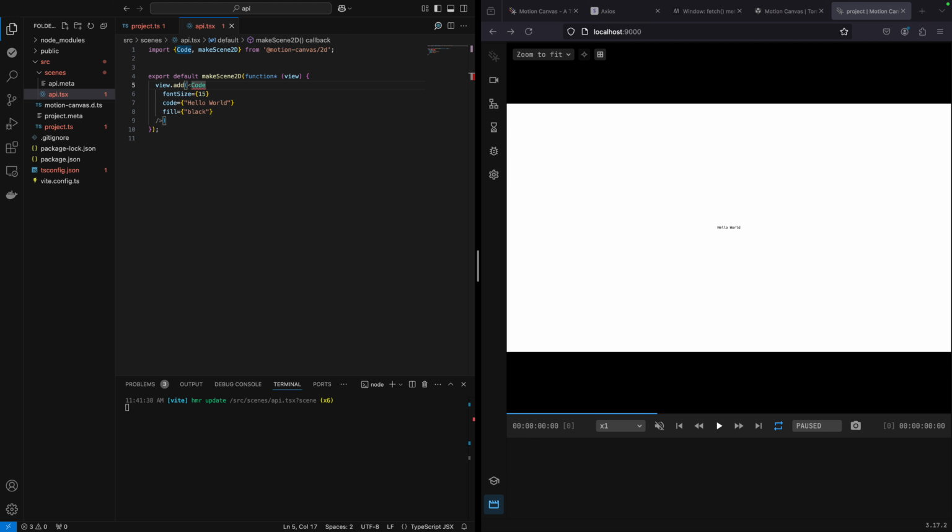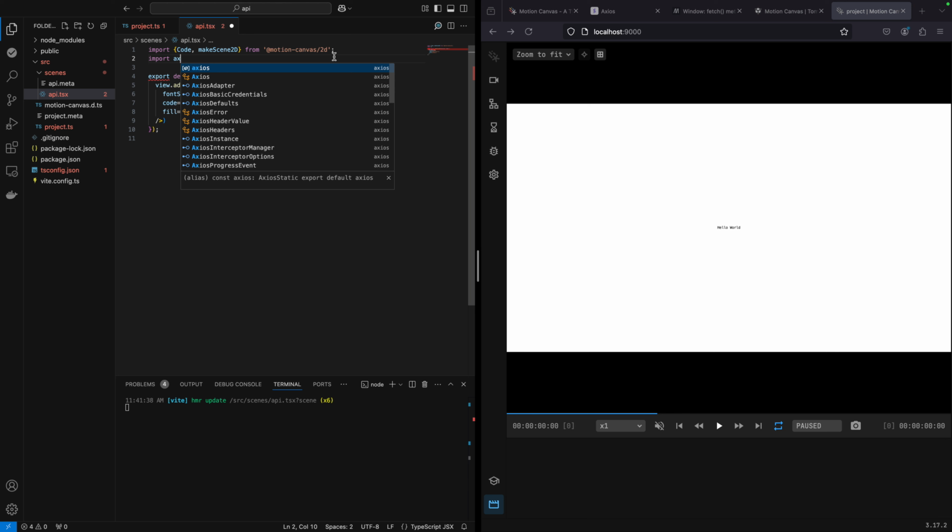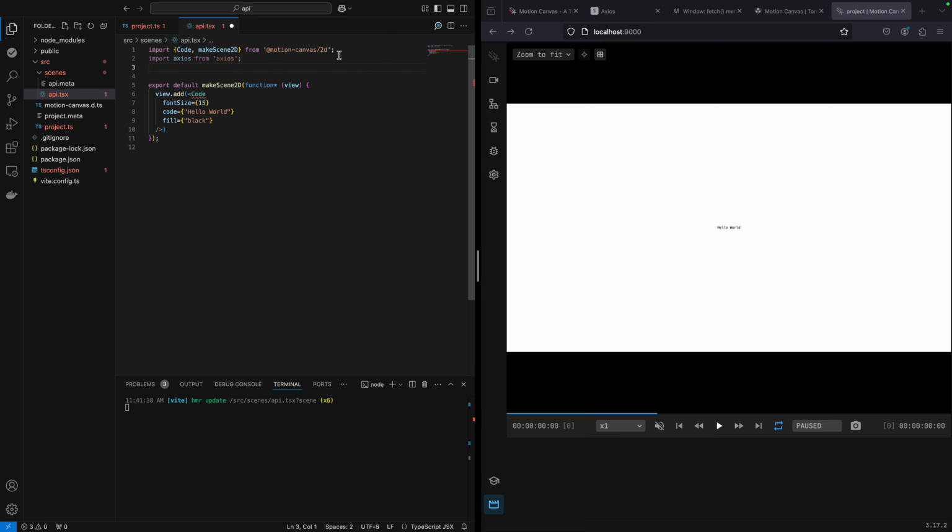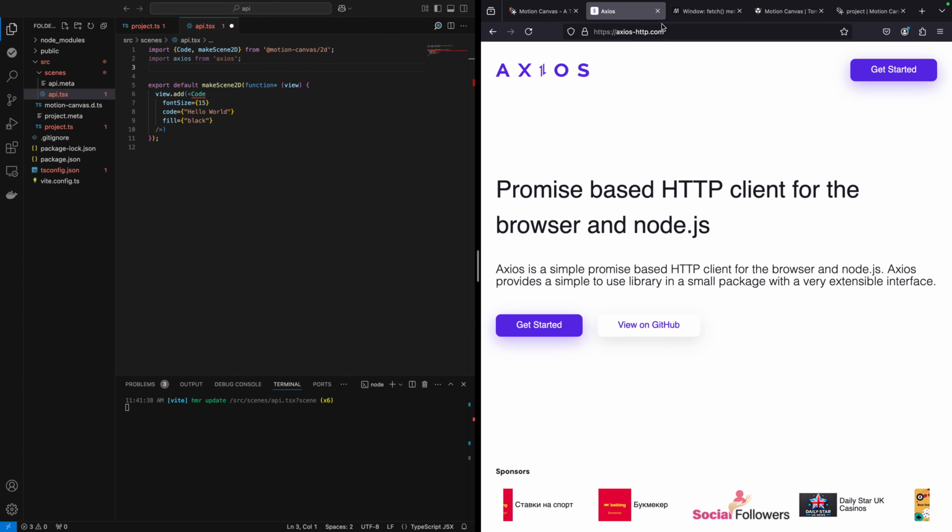Okay, and so making good progress so far. Now for the API calls, like I mentioned, we have Axios and fetch. So typically with Axios, we need to import it. So import Axios from Axios. And if you want to learn more about Axios, you can go to